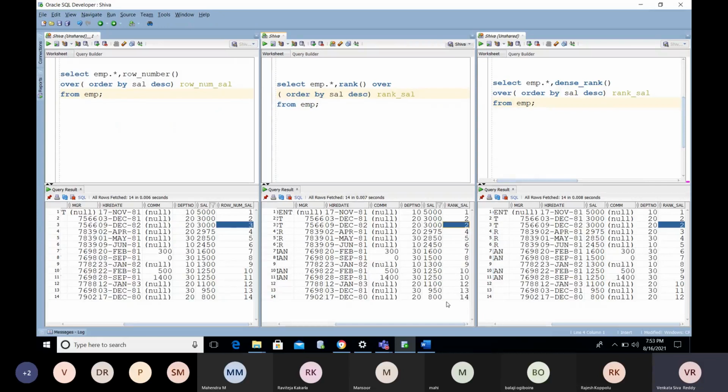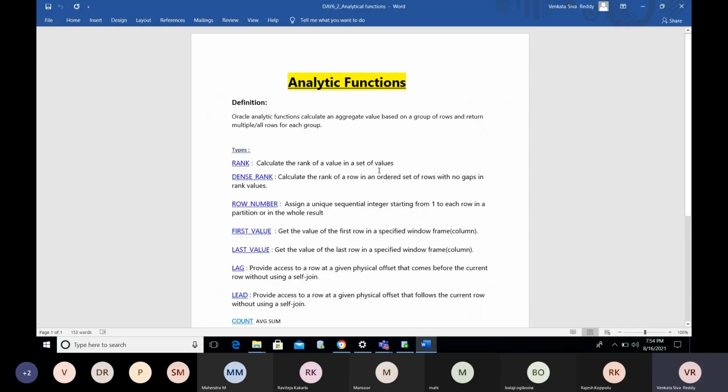With ROW_NUMBER, whether it is a common value or a different value, it does not check anything; it simply provides a sequence number. How is that sequence number provided? Using SELECT *, ROW_NUMBER from the table name. For each and every record, it will display a sequence number. Got it? Any doubt? No doubt, right?